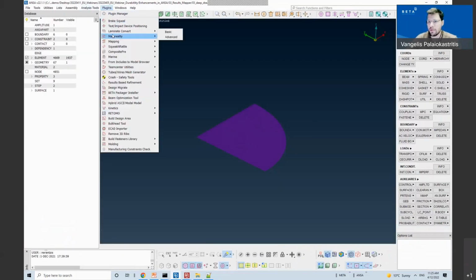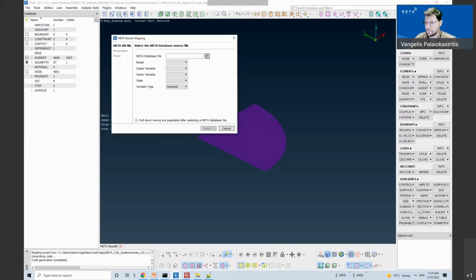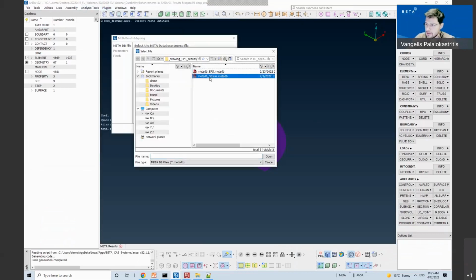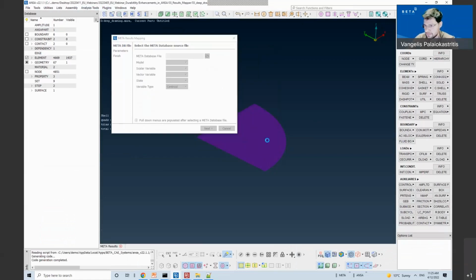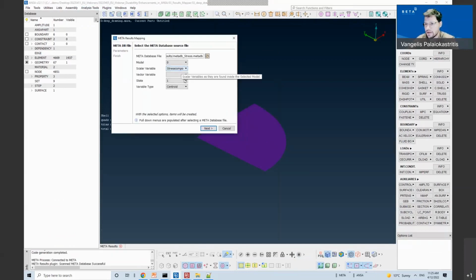So I will open the plugin. I will select the MetaDB with the stresses. Okay, the MetaDB is read, and from the stress components, the tool is going to create Abaqus D loads.